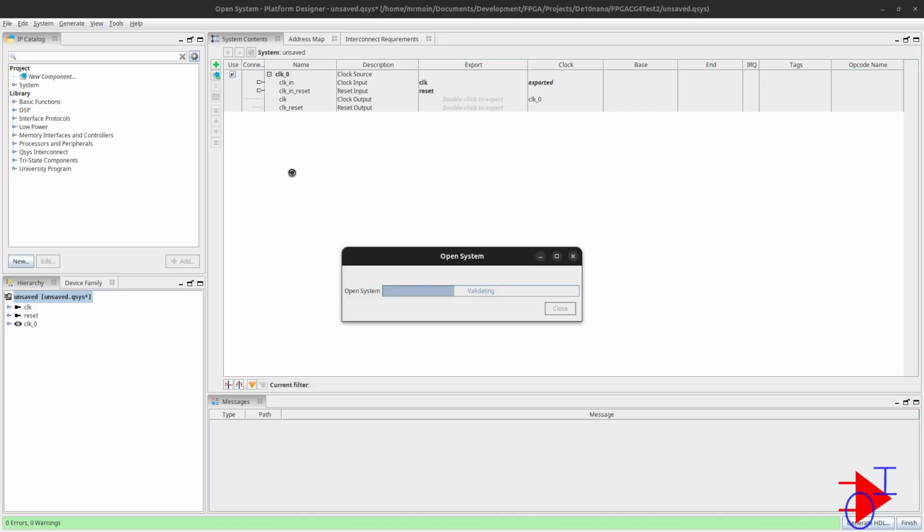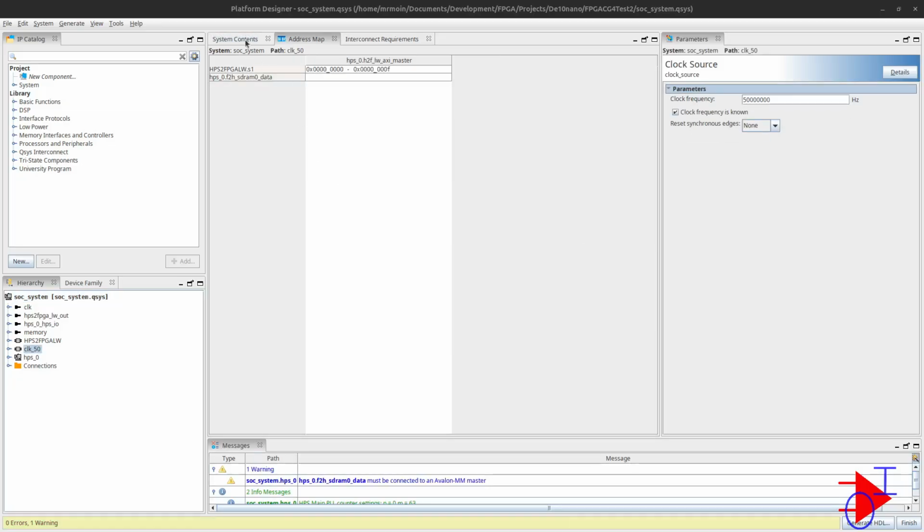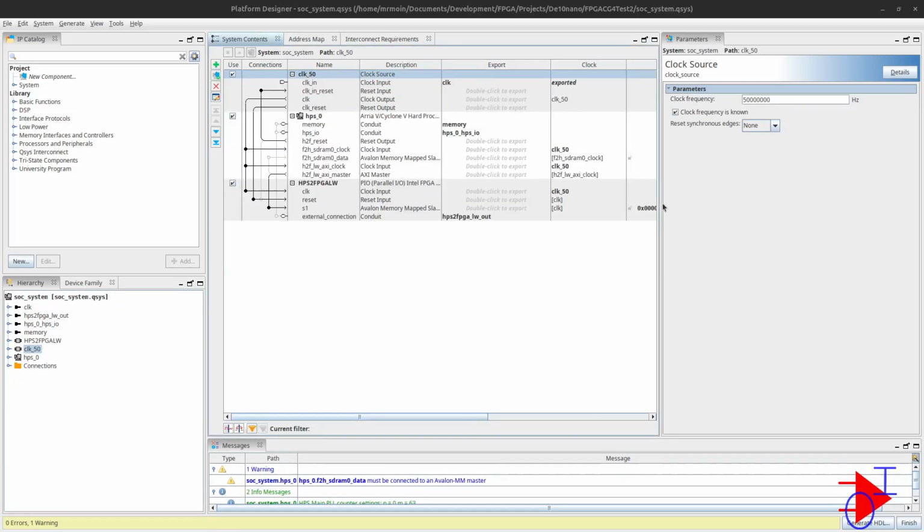And while I have it open, I realized there was another thing that I did in this project that was different from the earlier attempt, and I corrected that as well. So we are in our QSys design, and this is one additional piece. The reset that is showing up in the components was basically because of this. If I connect the clock and reset to the HPS reset, then that does not show up,